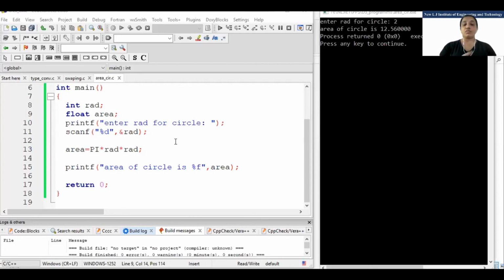One program is: write a program to convert Fahrenheit into Celsius and vice versa. Either you convert Fahrenheit into Celsius or Celsius into Fahrenheit, right? You need to implement it by yourself and show me before the next session, before tomorrow. That means declare two variables, Celsius and Fahrenheit. If you are scanning Celsius, then convert it into Fahrenheit. You need to know the equation. And if you are entering Fahrenheit, then convert into Celsius, right? Make the program yourself and show me before the next lecture.